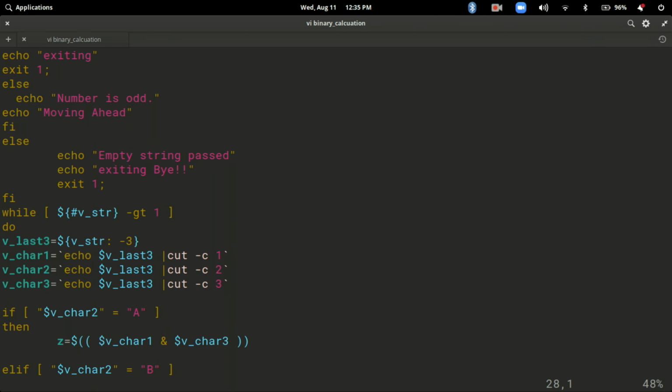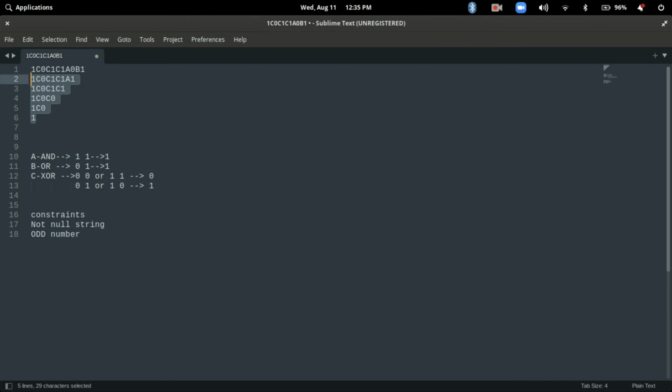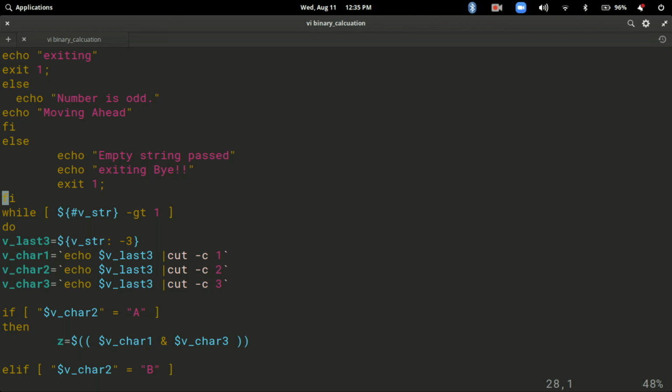Now the important thing is, as I said, we have to read it from left to right. Every time, we have to read 3 characters from the last, 3 characters from the last, 3 characters from the last, and calculate. So now I am using a loop.